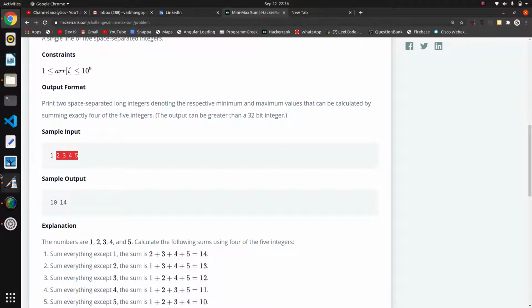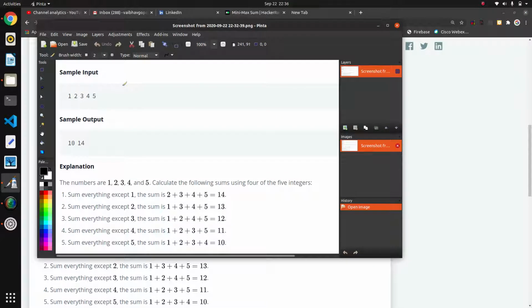Basically the logic is we have to find the sum of four numbers. There are five numbers, input is always five numbers, and we have to find the sum of four numbers, minimum and maximum.